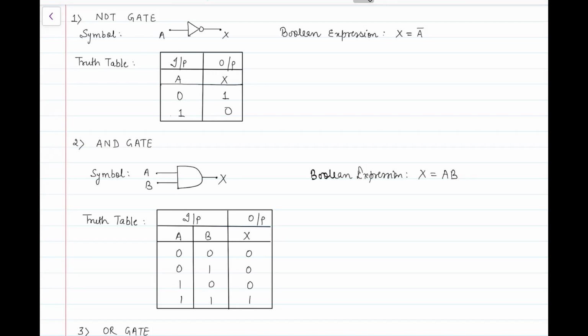Hello students, now the last part of the semiconductors regarding the logic gates. So first of all I have a brief overview of the gate. The first gate that we say is the inverter, the NOT gate. This is the symbol that we make and the Boolean expression is X = A bar, and you are very familiar with